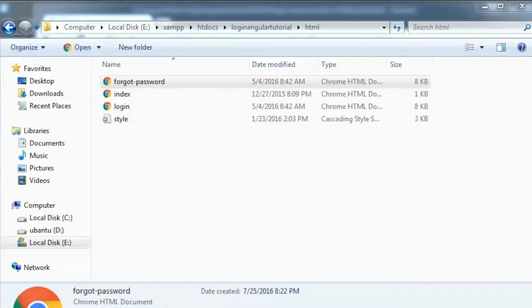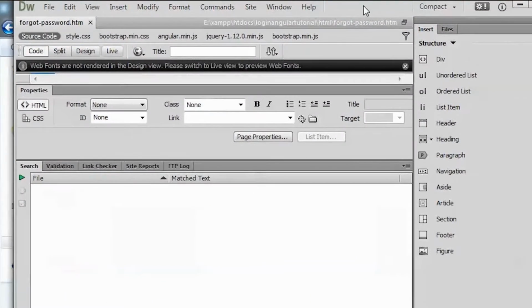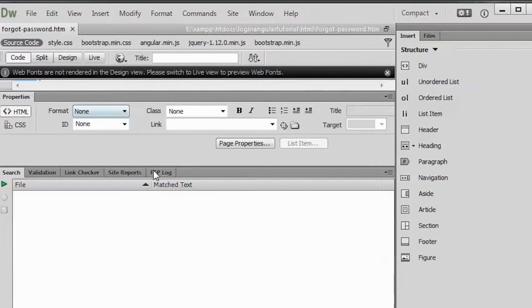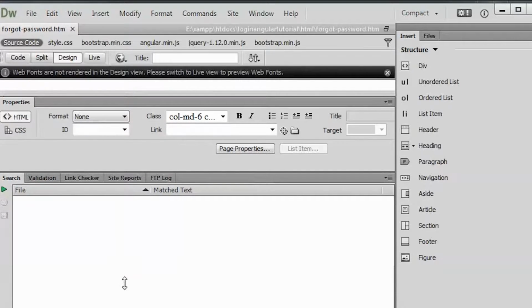I have Dreamweaver started on my computer. In Dreamweaver you will get this design panel where you can easily come to know what design is where, and it is much easier to delete elements from the pages.